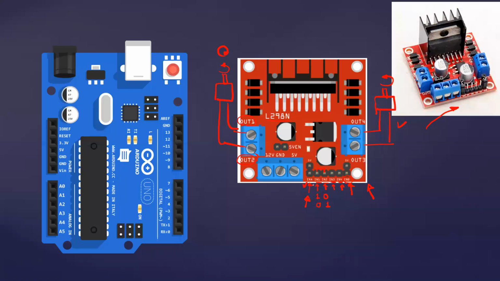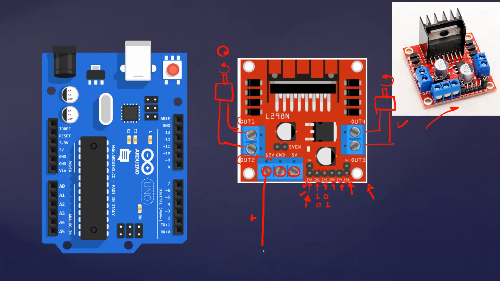Now we have to connect these terminals to the microcontroller, and accordingly we will program the microcontroller so that we get the required pulses and logic signals at the enable A pin, input 1 pin, and input 2 pin. Here you can observe there are 3 terminals. These 3 terminals are used to give the power supply to this L298 motor driver. Here it is written as 12 volt, that means we will connect here the positive terminal of the 12 volt DC power supply.